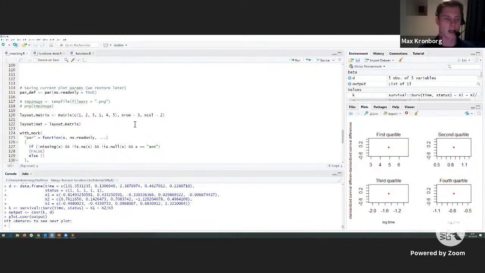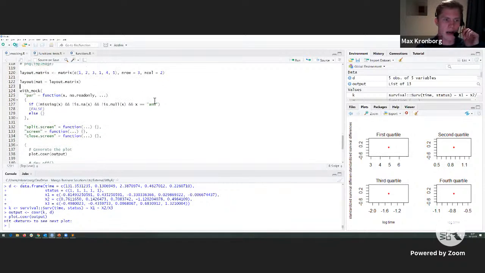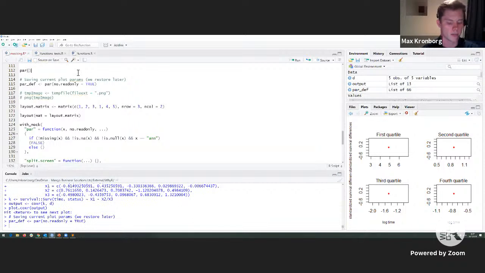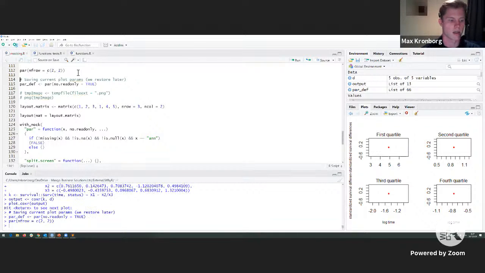This initially took a bit of time and a lot of failures. So what's happening underneath the code is, for example, this par function, which will change the layout on your screen of plots, which you may or may not know about. If you set this, I'm just going to save the current setup so we can restore it later. And you set the number of rows to a vector that's 2 by 2. What you're saying is, when you plot things, there can be 2 by 2. Well, you can fill in, let's say, a 2 by 2 grid of plots.